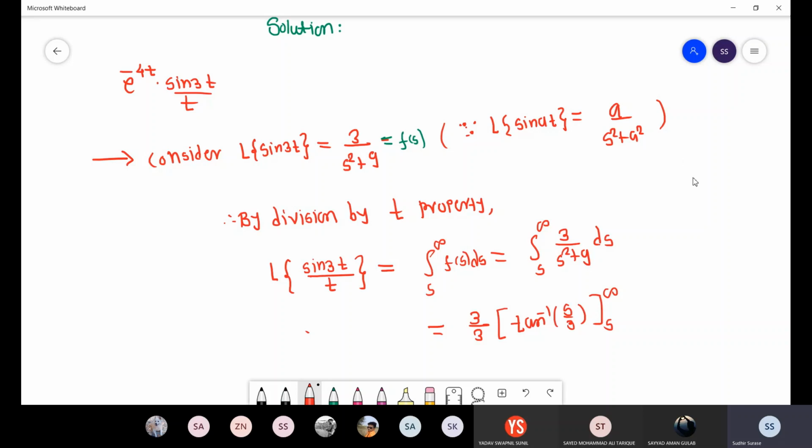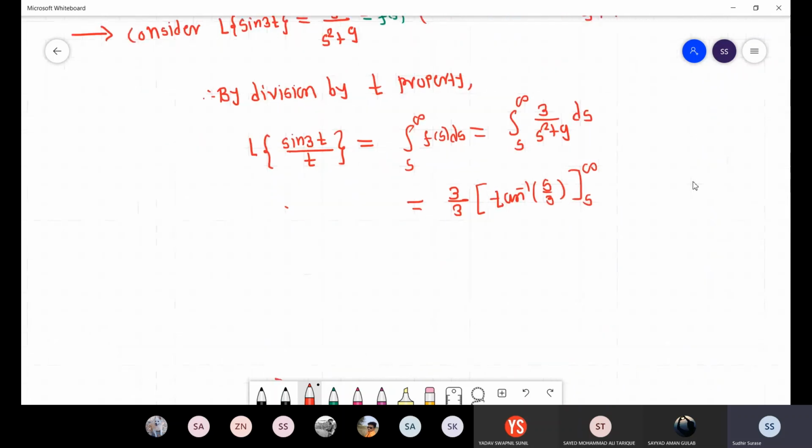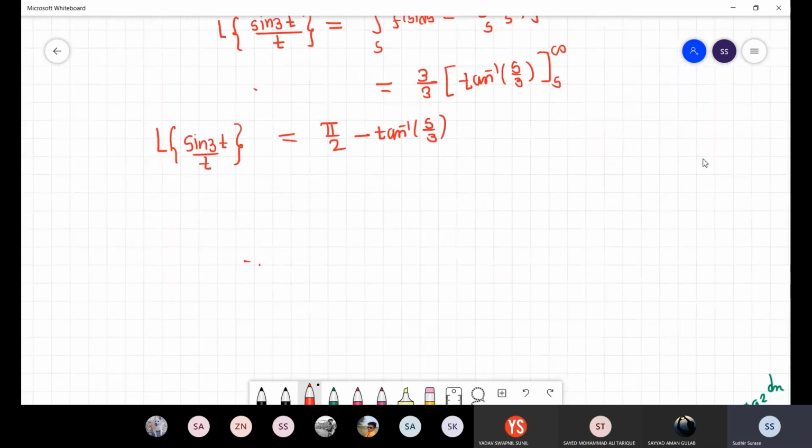Now at infinity we have pi by 2 value, right? So this is equal to pi by 2 at infinity, since tan inverse infinity is pi by 2, and the lower limit gives tan inverse s by 3. So this is the Laplace transform of what? This is the Laplace transform of sine 3t divided by t, and therefore by the first shifting property,